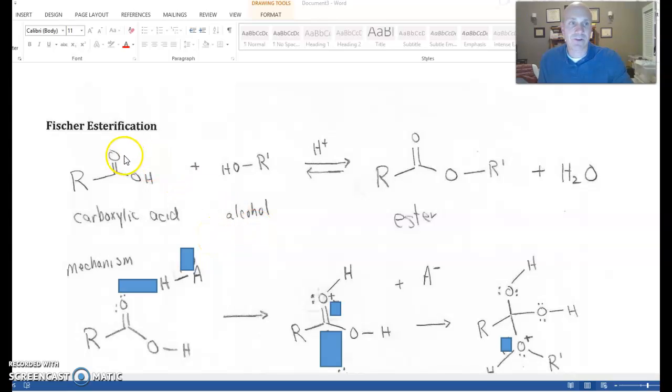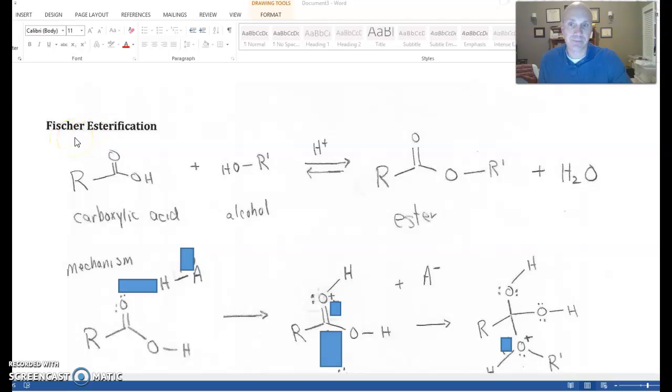So in this video, I'm going to be covering the mechanisms of two fairly important reactions in organic chemistry, and they both have to do with esters. One is going to be what's called a Fischer esterification, and one thing you'll note in a